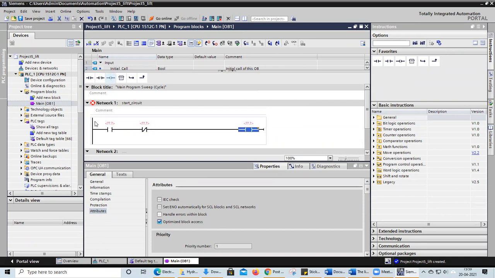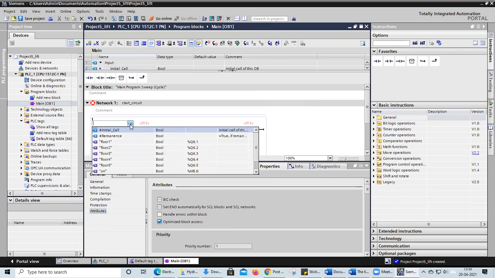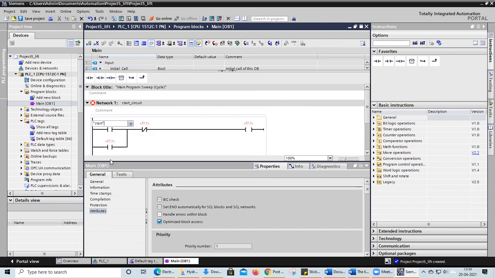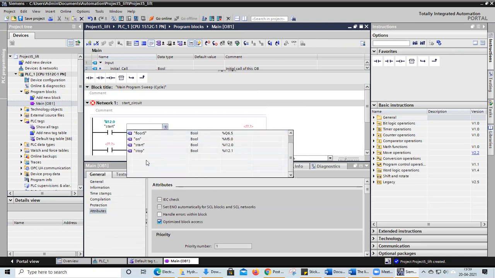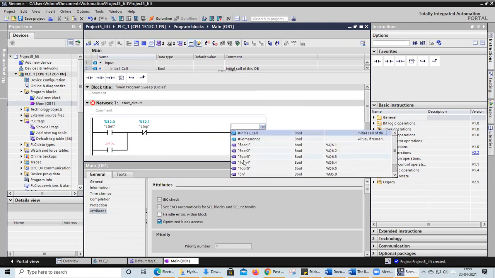Everyone is familiar with the latch, so I'm not explaining it many times. The address of this one is my start. You click on this one and it will show everything, meaning all the tags we have. You select your start, and here I'm selecting my stop option, and this is my on option.